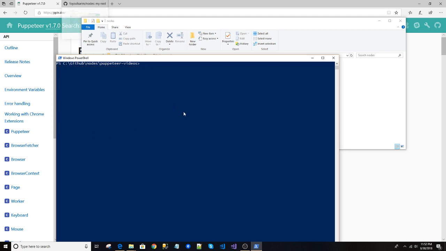Now Puppeteer runs on top of Node.js. So we will create the Node.js packages. To do that, I will first check what my Node version is. You can see it is 8.11. And also we can see the npm version. It is 6.2.0. So we will create